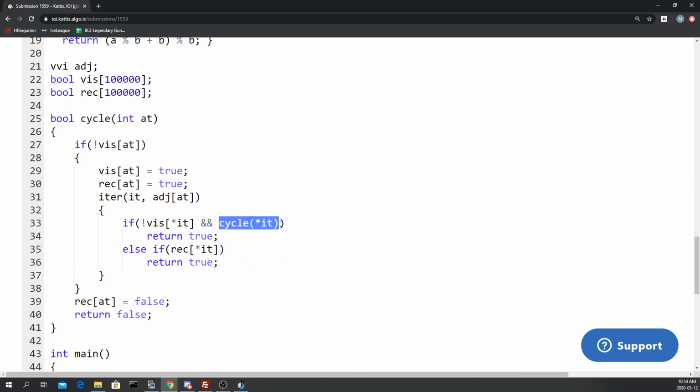So calling the function again, and then I return true if that happens. Otherwise, if I am discovering a cycle here, so I have already visited the value, if this rec array at the next neighbor has a true value,